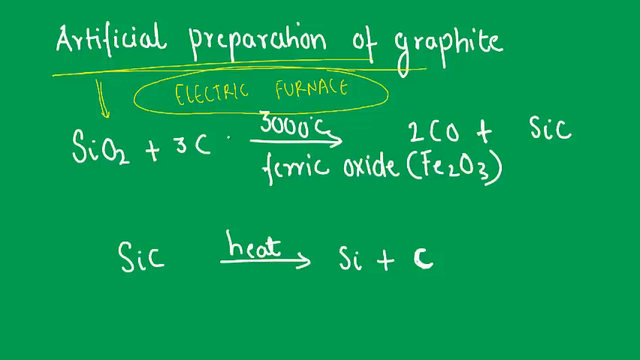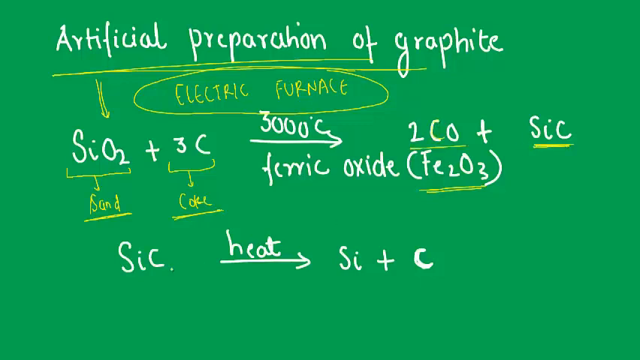So what is the reaction in this electric furnace? We have to use silicon dioxide. Now this silicon dioxide is nothing but sand. The chemical formula of sand is silicon dioxide, and we are using a powdered substance known as coke. Coke is an amorphous form of carbon. So we are using powdered coke and a small amount of sand, and when they are heated to 3000 degrees centigrade in this electric furnace in the presence of ferric oxide, they will form carbon monoxide and